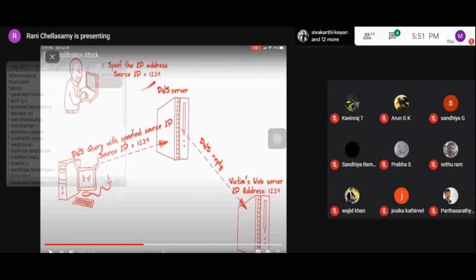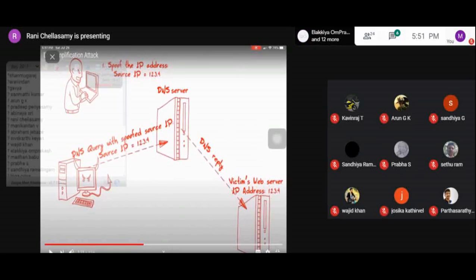The first task is he will go on spoofing the IP address. What is meant by spoofing? Spoofing is nothing but imitating. Okay. So getting a copy which looks similar to a true one. Okay, that is called spoofing.